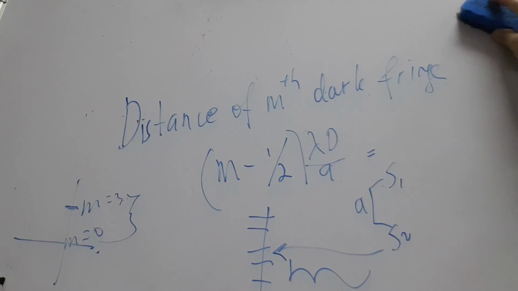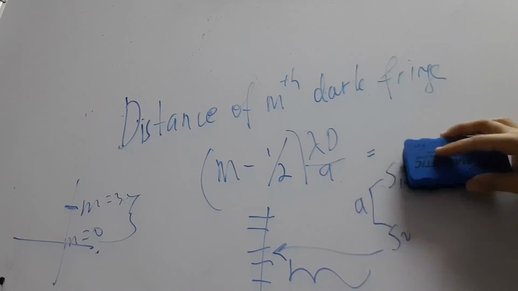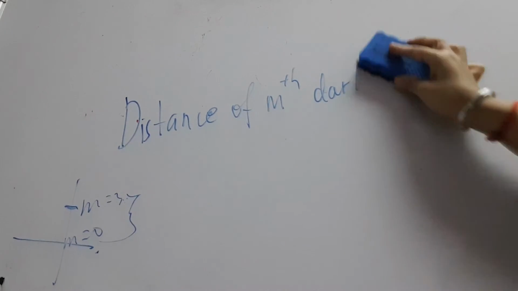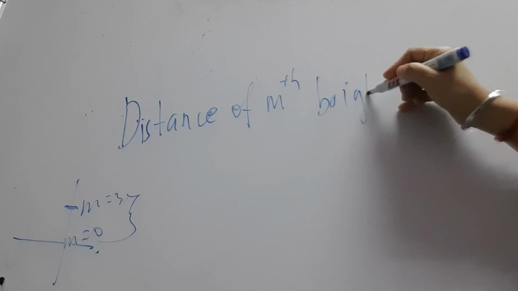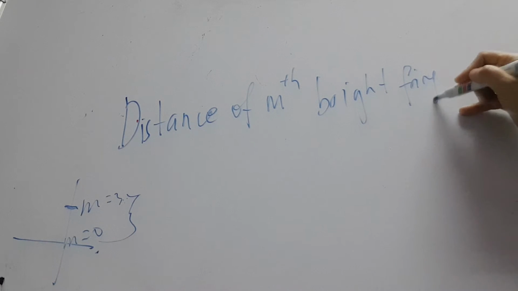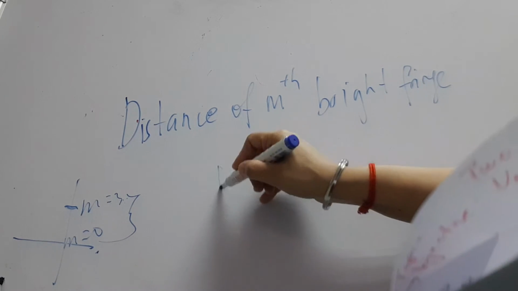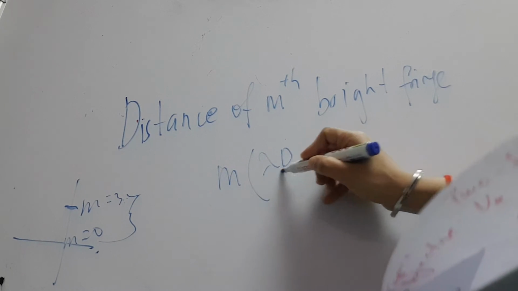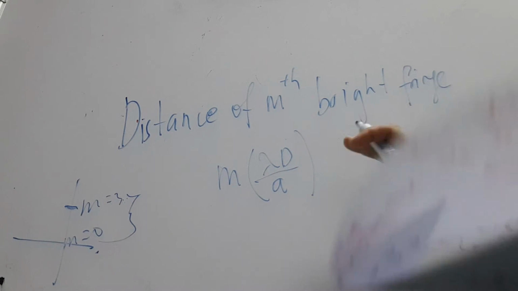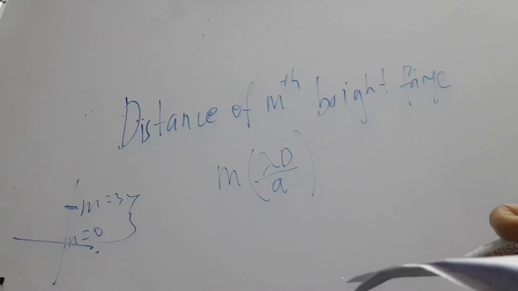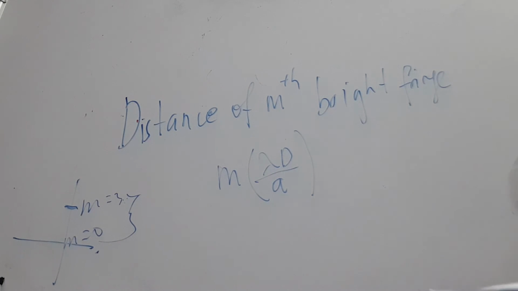Clear? Next will be the m bright fringe. What is the formula for the m bright fringe? It will be m lambda D over a. So these are the answers for the questions. Alright, so now we go to